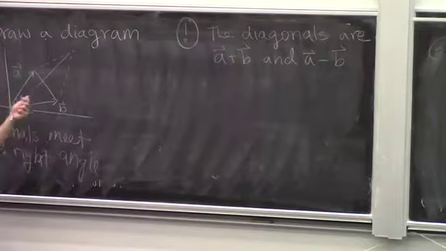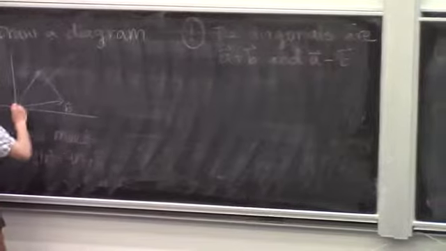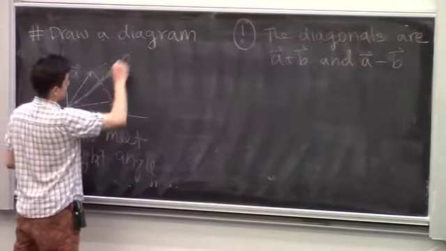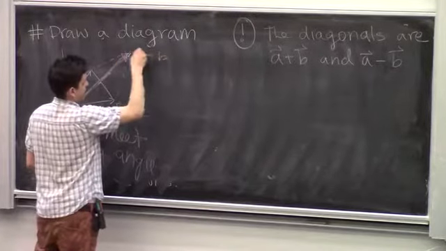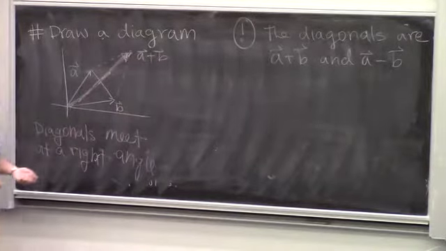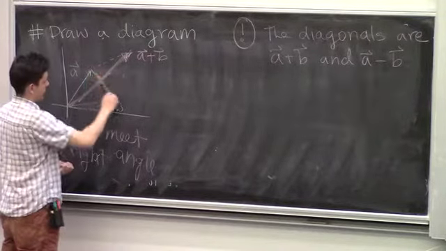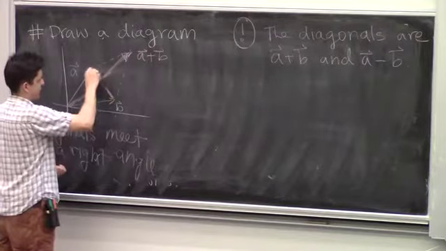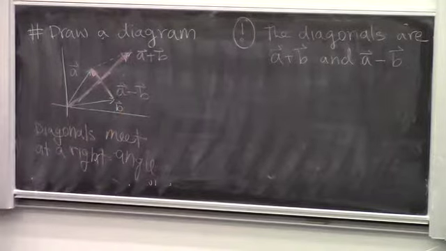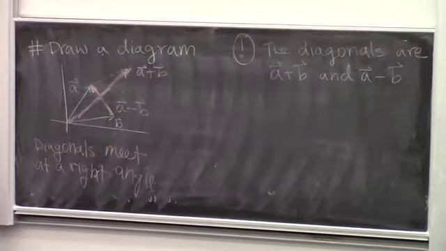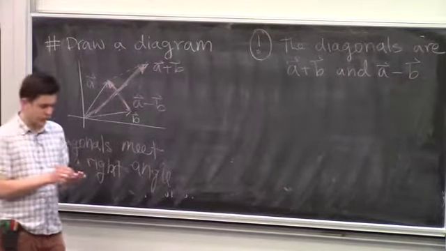is that these diagonals have nice formulas in terms of the vectors. This one here is A plus B, and then this one here is A minus B. So what we want to do is check a statement about some vectors that we have nice algebraic formulas for. So we claim